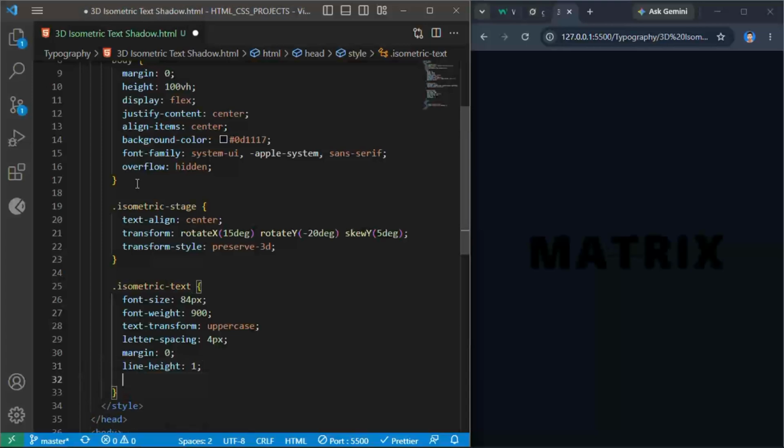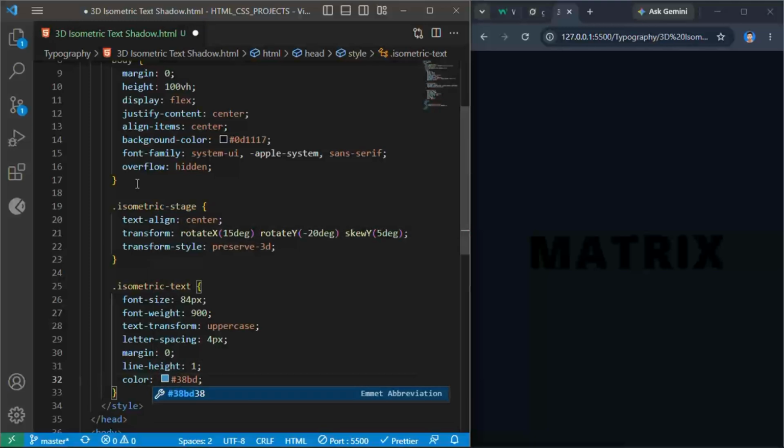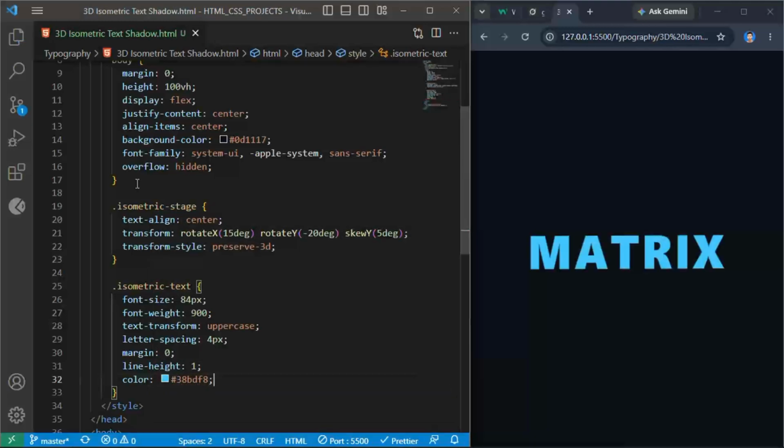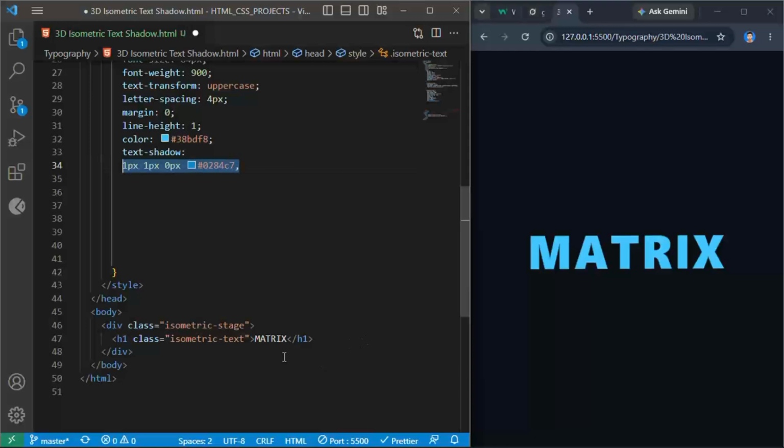To paint the front face of our text, I'm going to add color #38BDF8 for a bright, vibrant sky blue accent tone. Now here is the secret 3D depth technique. We write our master text-shadow rule. We start by stepping down pixel by pixel. 1 pixel, 1 pixel, 0 pixels, #0284C7. 2 pixels, 2 pixels, 0 pixels,